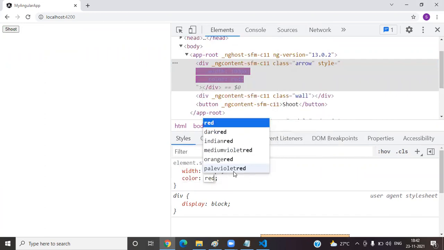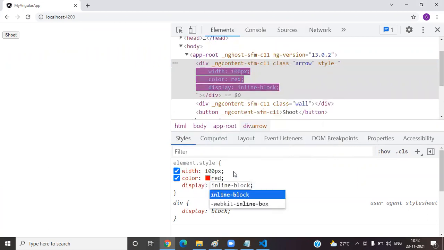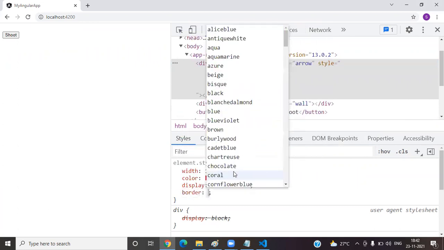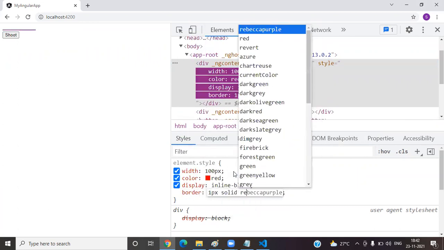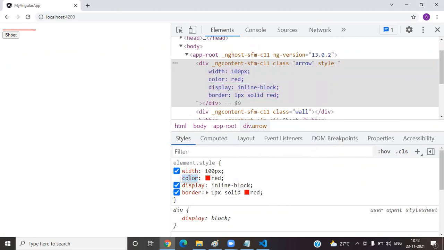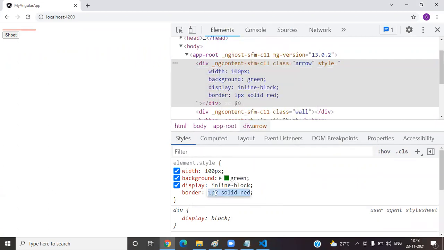Color equals red. Display equals inline block. You can take border 1 pixel solid, something like this. Background color, if you want, you can do green or something. Okay, done.